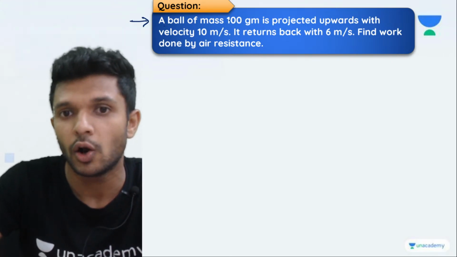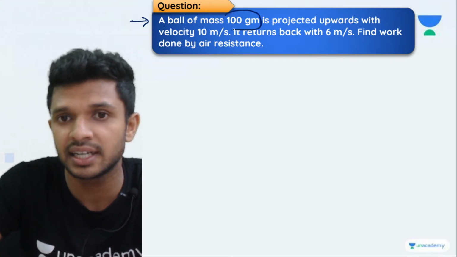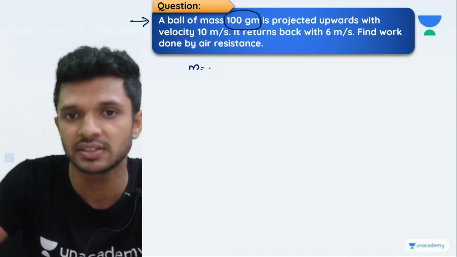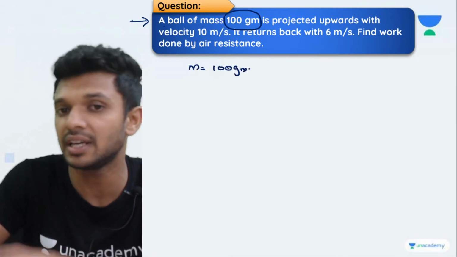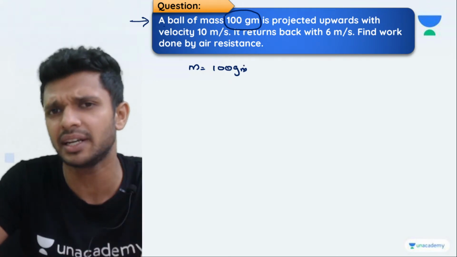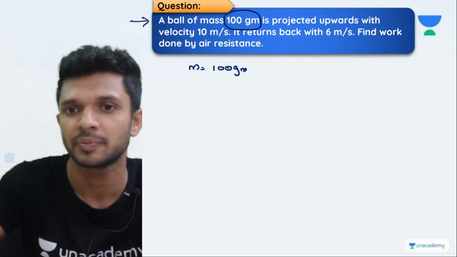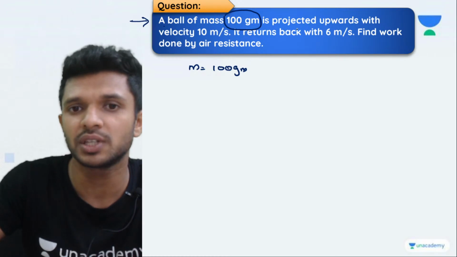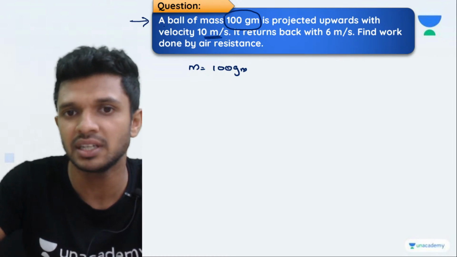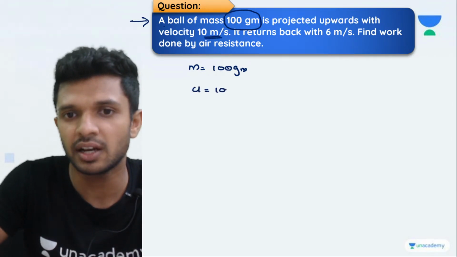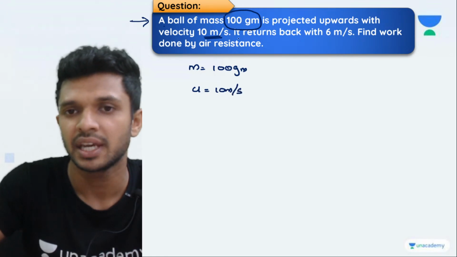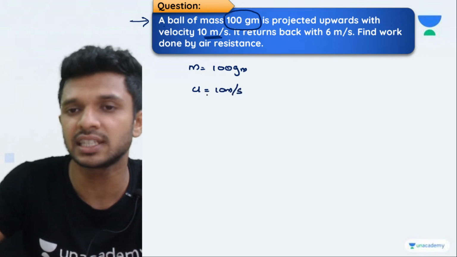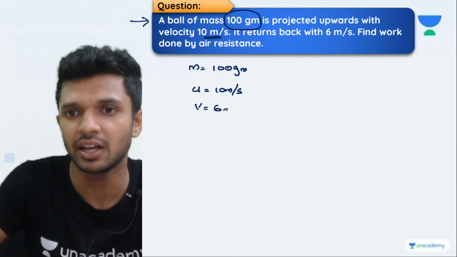A ball of mass 100 grams. So the mass of the ball is given. As we have just started doing the problems, it will be better if you note down the important points. It is projected upwards with a velocity of 10 meter per second. So the initial velocity is 10 meter per second. It returns back with 6 meter per second, which means the final velocity is 6. Find the work done by